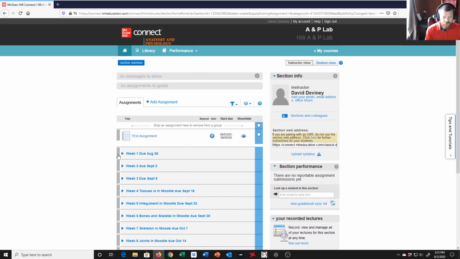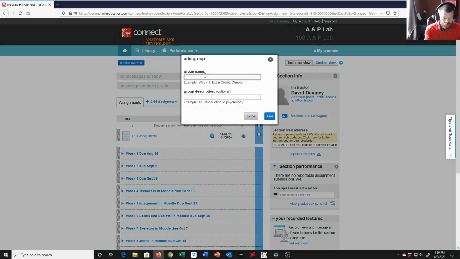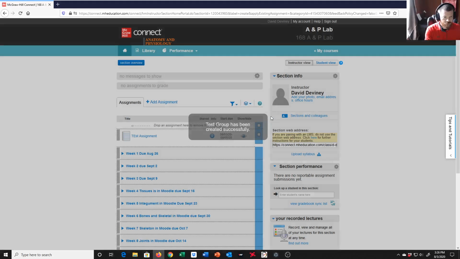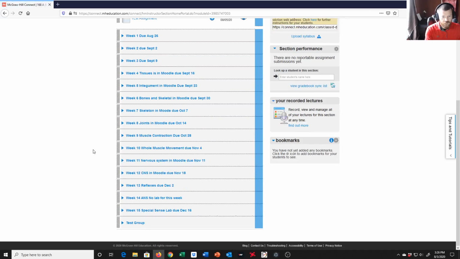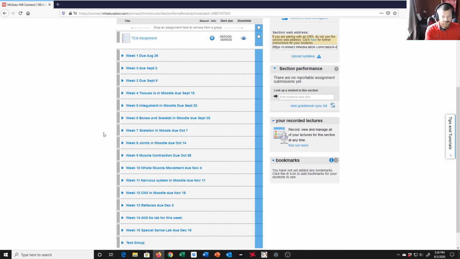And so the way you create these groups is, up here at the top, this little stack of papers, it looks like, hover over that and come down to group, and then add, and then you can name it what you want. So I'm just going to name this one test group. And then if you want to give some kind of optional description there, you can. So I'll save that. And then you'll see it's there at the bottom. Now if I want this test assignment to go down into that test group, all I have to do is hover over the left-hand side here where it's got that little bar, click and hold, and then drag it down into test group,